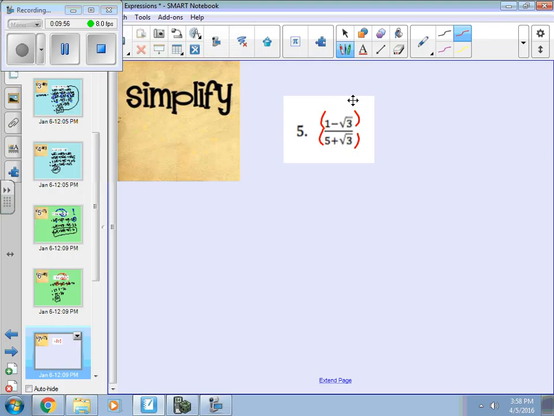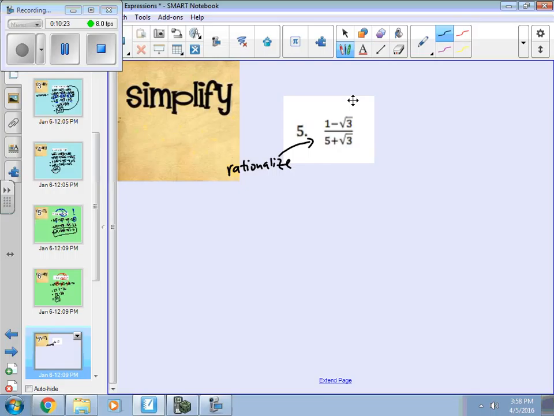So here we can't do any canceling. So what we want to look for next is, can we get rid of the radical sign on either one of these? Okay, and usually what we want to do, just like we talked about before, is simplify the denominator. Or what we called that before was rationalize the denominator, which means get rid of the radical sign in